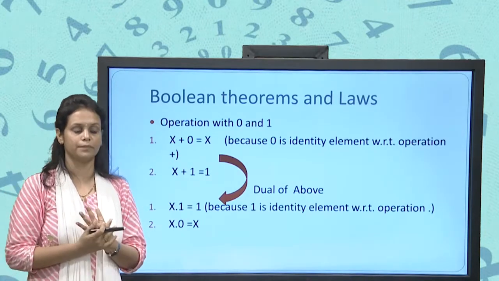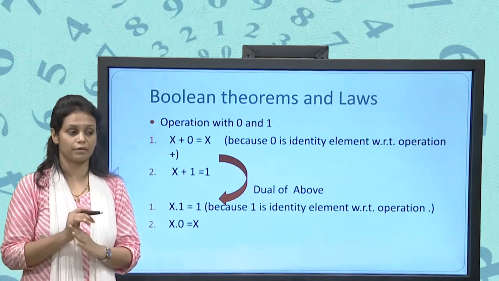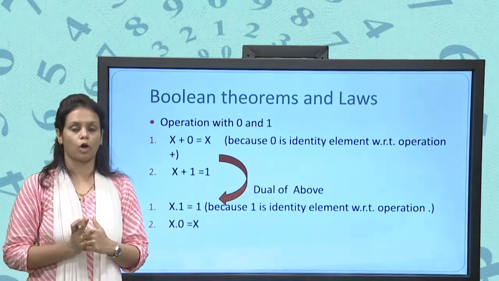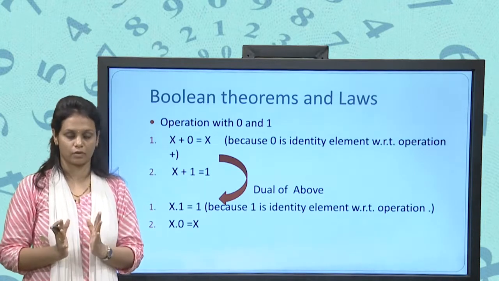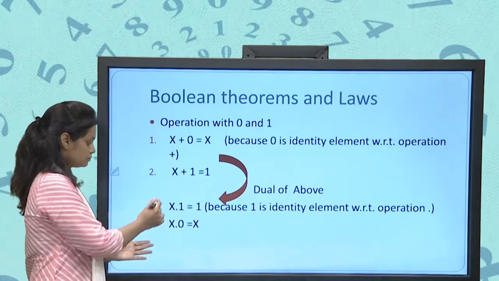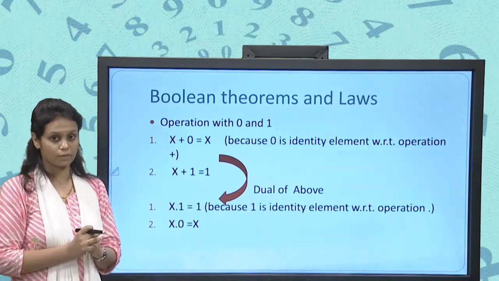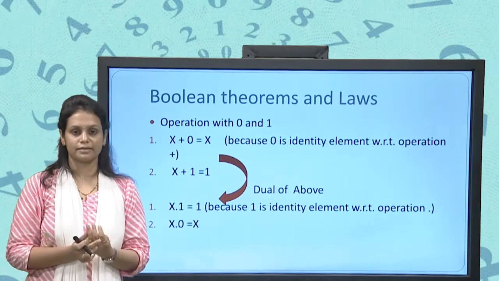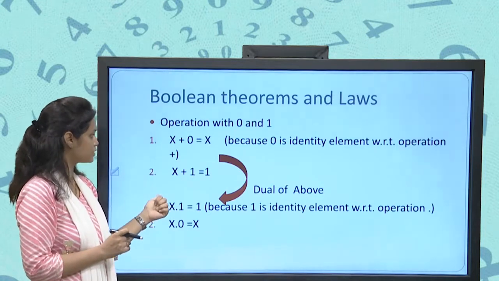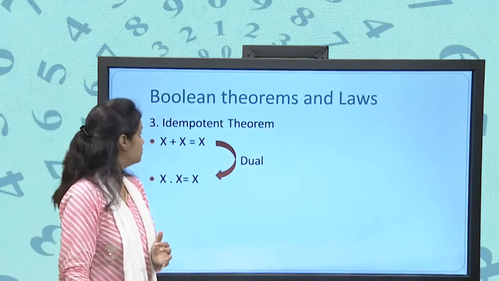What is the meaning of the dot, or how can we relate this dot to set theory? We can consider this as the intersection. Now, what is the output of the intersection? Intersection will always find the smallest element, otherwise the common element. So, in Boolean algebra, it will try to find the smallest element. Now, x dot 1, what is the meaning of the 1? The 1 is the highest element. So, the output of x dot 1 is x, and the output of x dot 0 is 0.